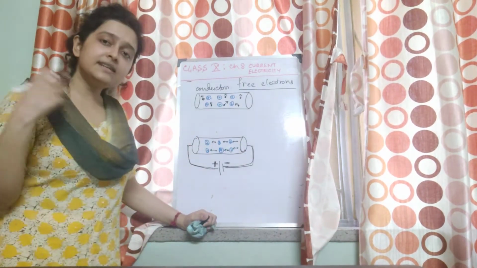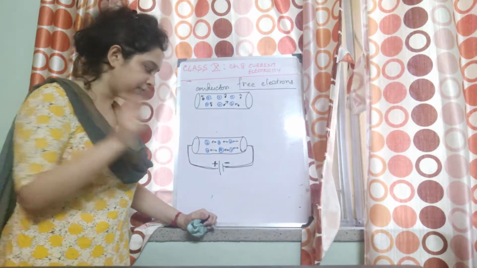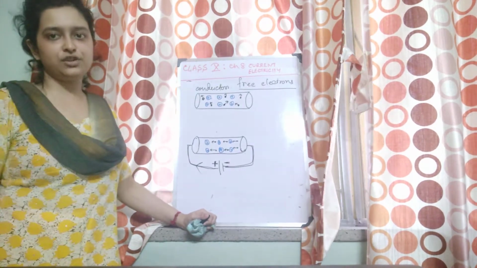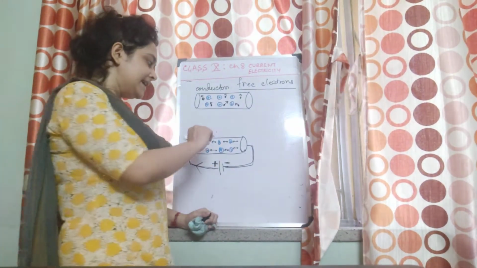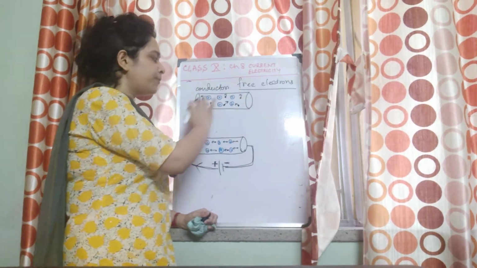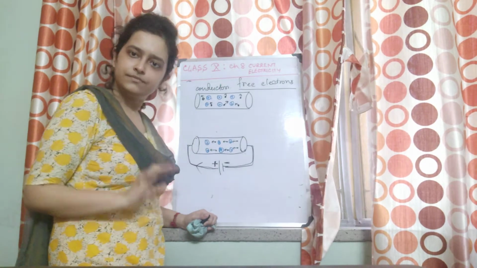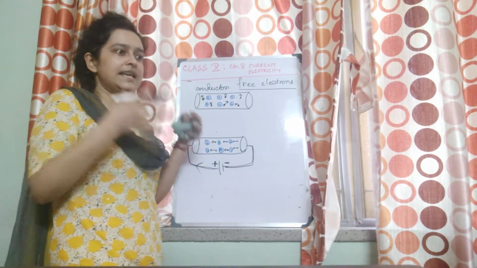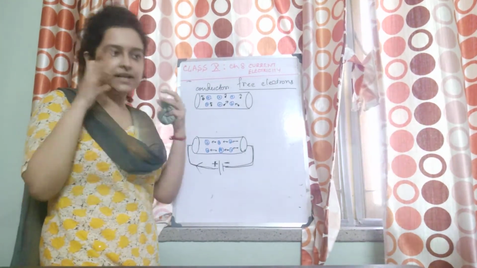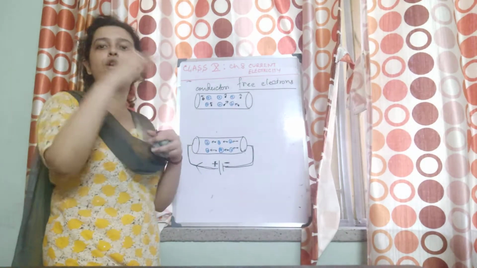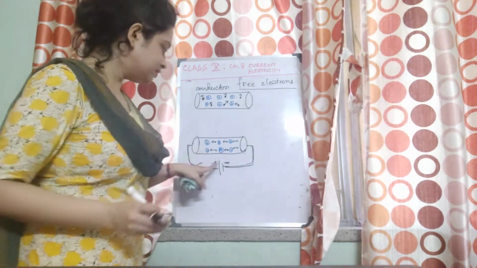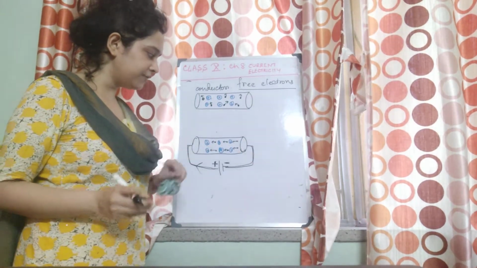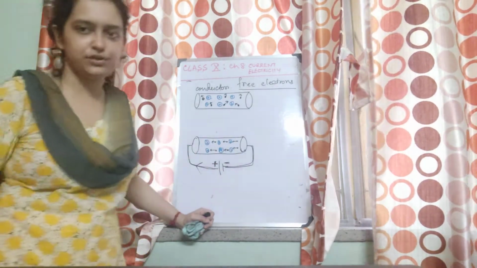Okay? What is the conventional flow of current? Flow of current is positive to negative, because it's opposite in direction to the flow of electrons. So that means in this case there was no potential difference between the two ends, so there was nothing which would initiate the flow of electrons. We need something which will initiate this flow of electrons. As soon as we connected the terminals of the cell with these two ends of the conductor, we found that the electrons start moving in a fixed direction.